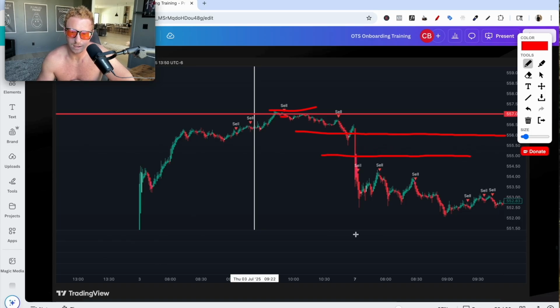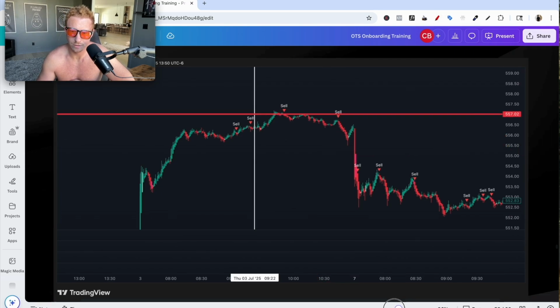And I think that this is actually a half day, right? You can see at 10:30 and then it went to 7. So this is actually the next day. I think the lowest the market went on this half day was right here, right at 555.50. All right, so either way, it would have been like a 5-6 hour trade. So anyways, guys, that is the